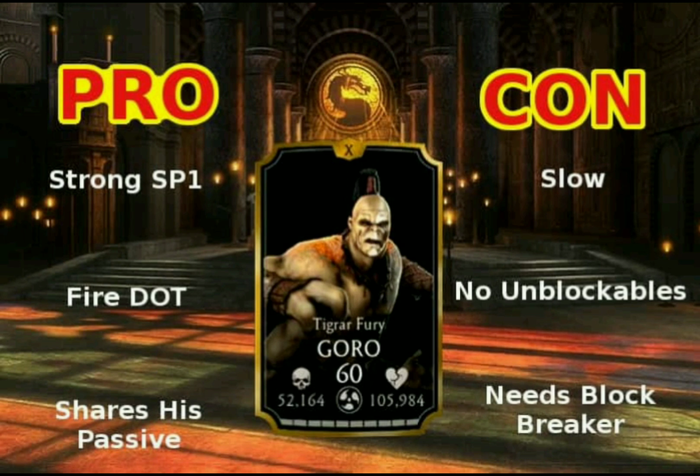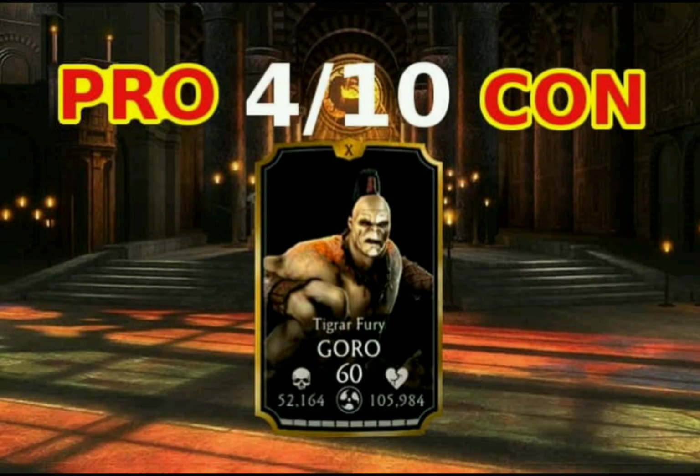As a final rating, I would give him a 4 out of 10, which puts Tigrar Fury Goro on the same level as Shokan Warrior Kintaro, and funnily enough, Shokan Warrior Kintaro got the minus points for being a Tigrar Fury Goro clone, but at least he has an unblockable special 2 attack, which is enormously important for a character like that. The design is fine, but they could have done so much more with Tigrar Fury Goro,